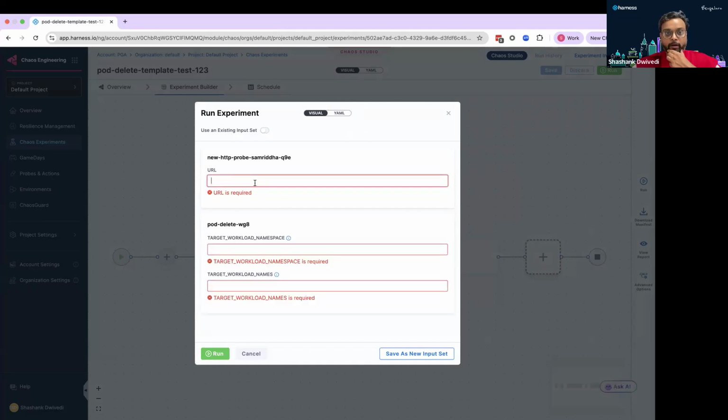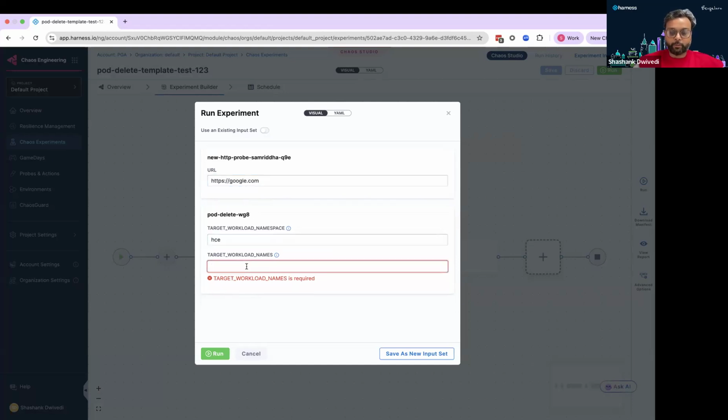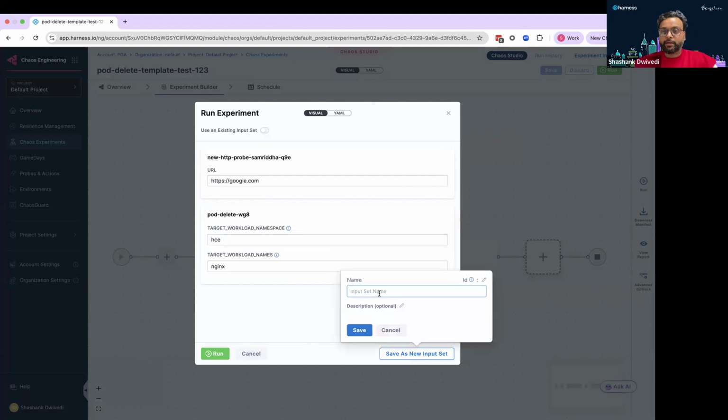Now the question which you might again ask is, hey, I will not remember all these parameters every time. So is there a way for Harness to save these parameters? So yes, we can do that. So let's say, for example, I have this URL, right? And I'm targeting an Etsy namespace and my workload name is, let's say, Nginx. Now, what I can do here is you can see I can save this as an input set, right? So I'll come here and then I will save this as Nginx Etsy input,